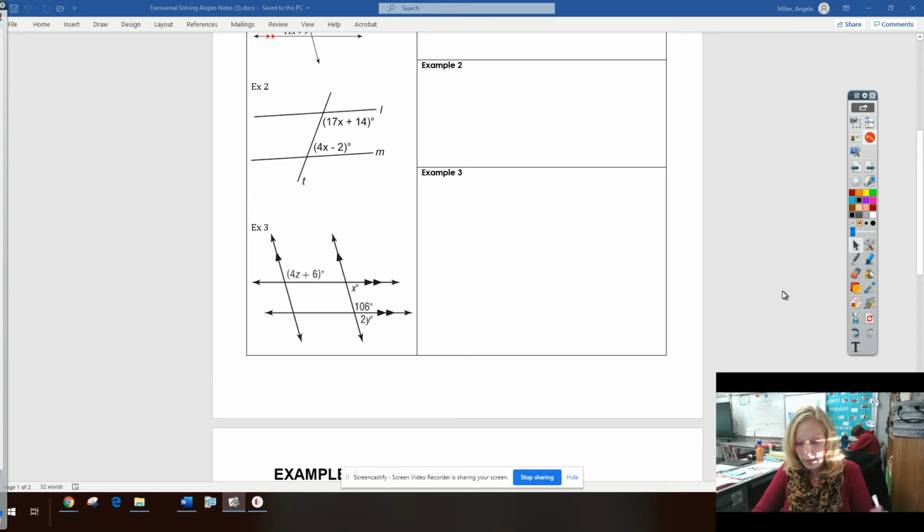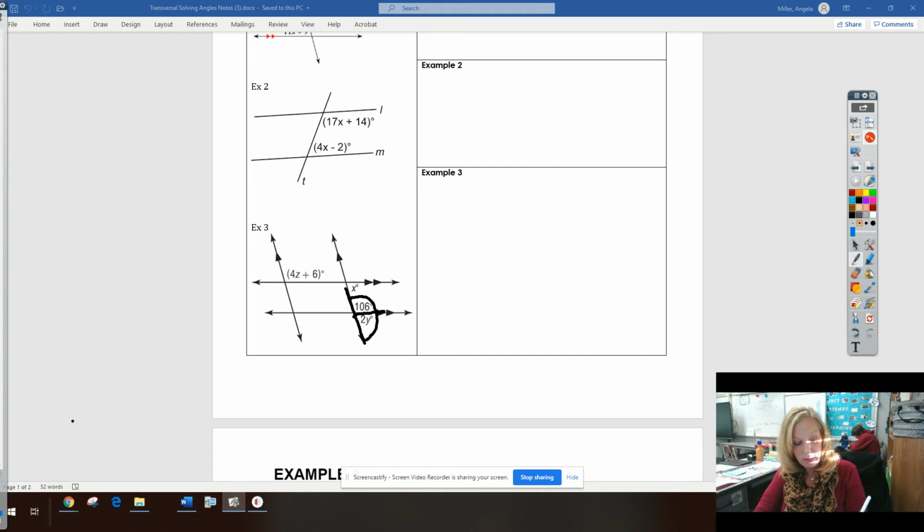So this one has a lot of moving parts. So let's see. I like to just look at it. It's a giant puzzle and we have to work through it. So I like to look, what information do I have? So I want to look at this linear pair right here